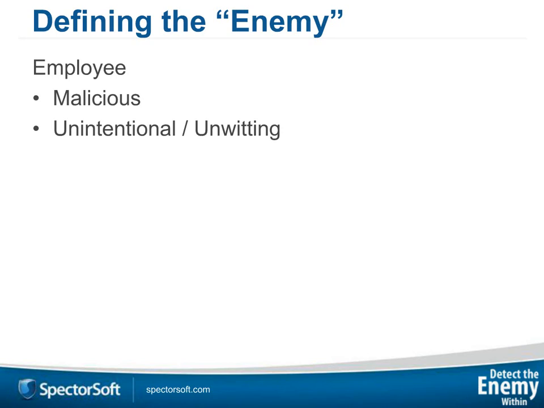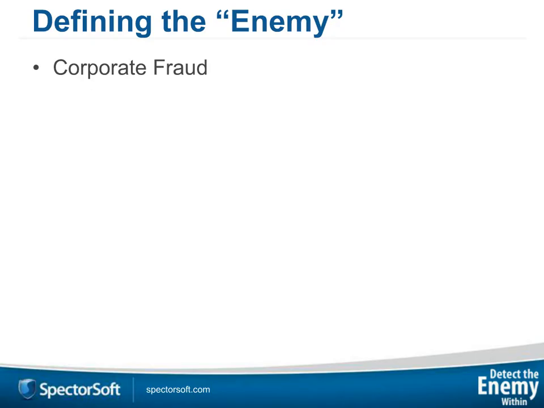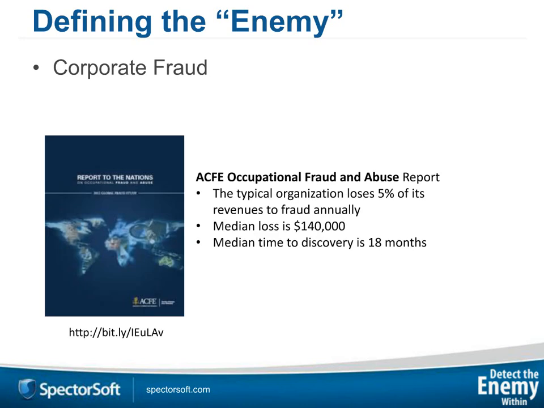The first activity that an enemy might get involved with would be corporate fraud. The ACFE, the Association of Certified Fraud Examiners, put out their report late last year, and you can see some of the stats that dictate what employee fraud looks like. 5% of your revenues get lost annually. The median loss is $140,000, and I believe about 25% of the losses were over $1 million in this survey. And the most important thing to note here is the median time to discover the fraud